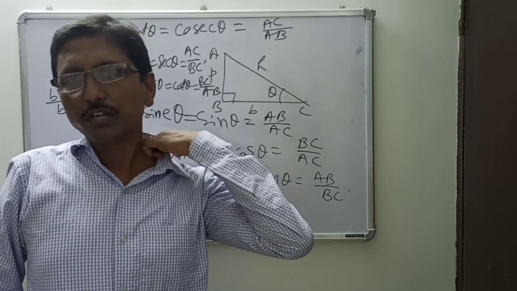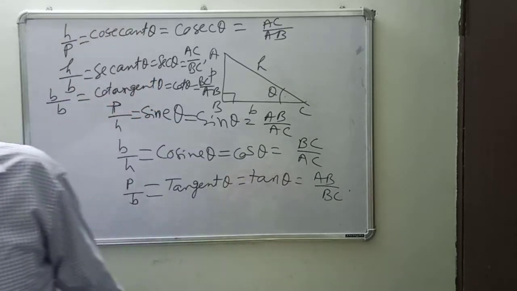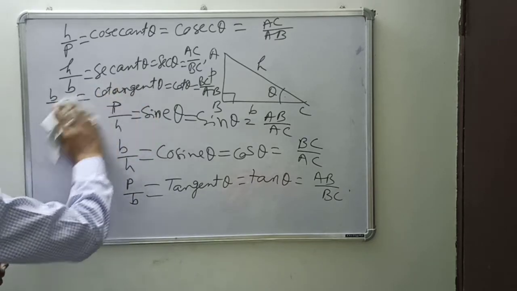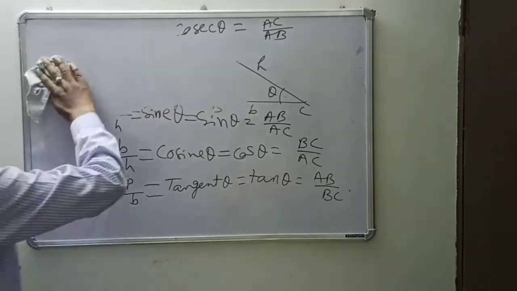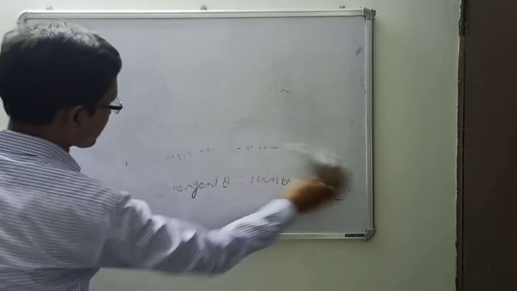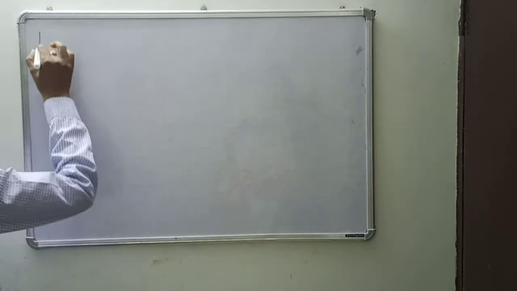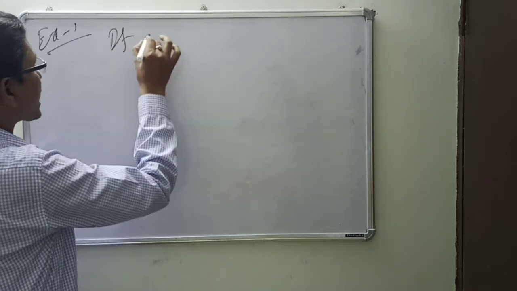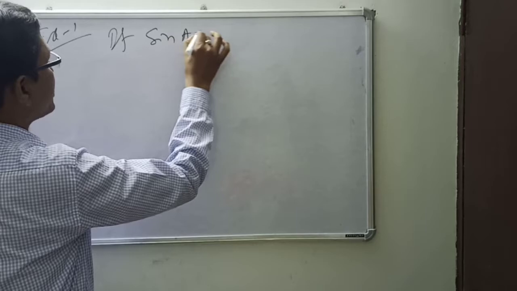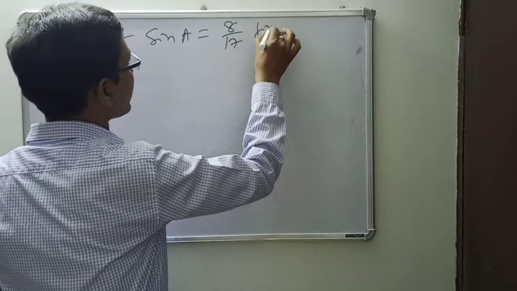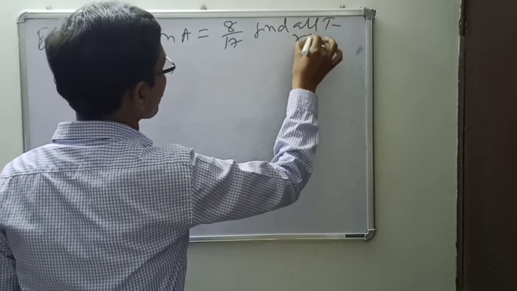So one question you have to find out, it is the ratio. Just one question if you want to find out, then we can go. I am writing it on the board. How can we apply this? Suppose one ratio is given, then you have to find out the others. How can you do this? See, suppose in example 1, in any triangle, it is given that with respect to angle A, sin A is equal to 8/17, then find all the T ratios or all other T ratios.